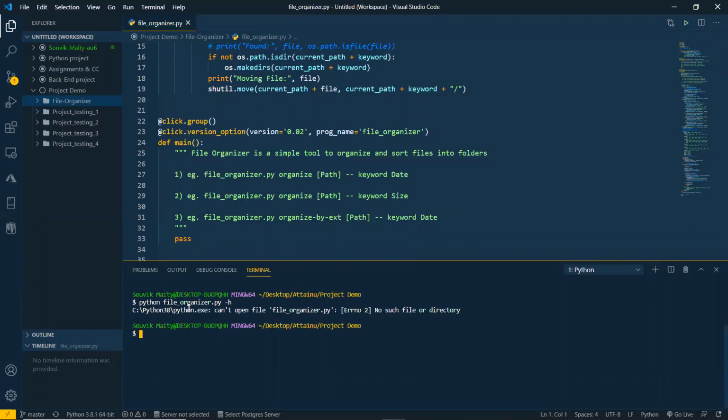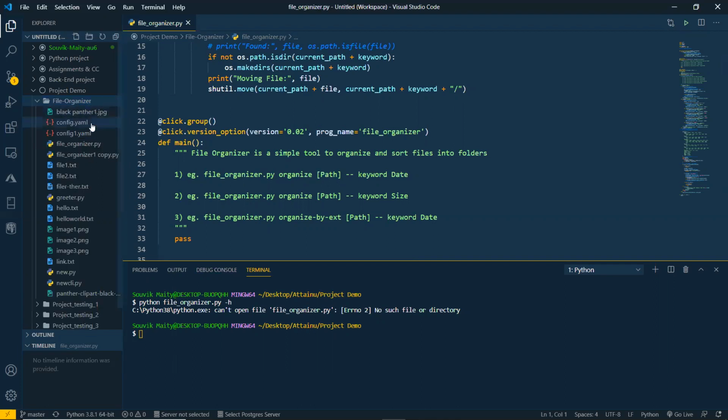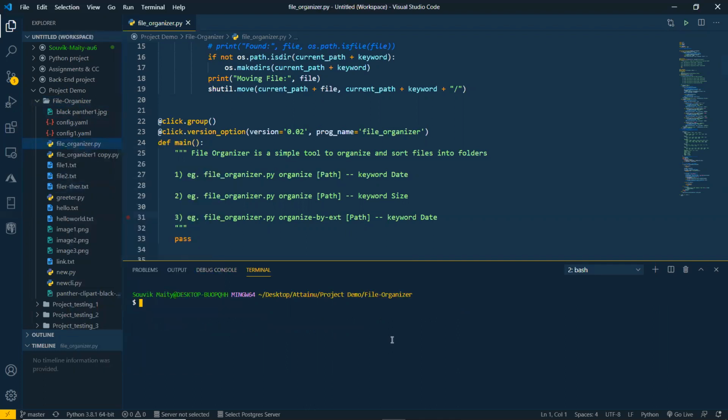Okay, sorry, cannot open file organizer, no such file or directory. Okay, there is a directory problem. You have to change the directory. One minute. Okay, now it is in the main directory.